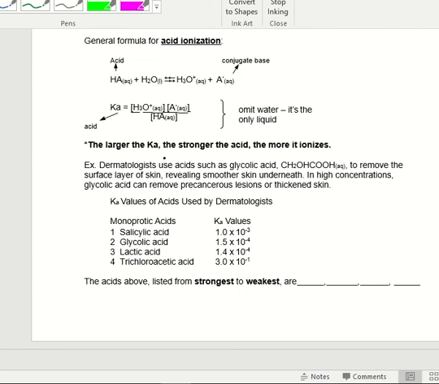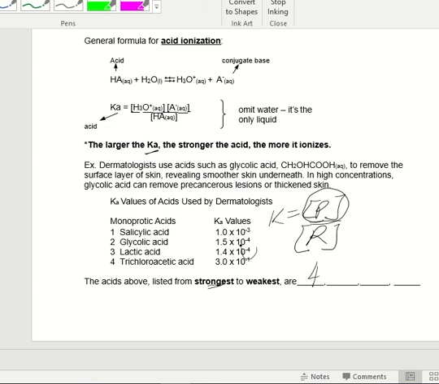Just a note, if you were comparing Ka values, you could determine the strength of the acids. So which of these acids is the strongest based on its Ka value? Remember that K is product concentration divided by reactant concentration. So if I have lots of product, then K is large. Which is the largest K value here, or the largest product? Looks like this one is, right? That's the largest. So I'm going to say from strongest to weakest, this is trichloroacetic acid,